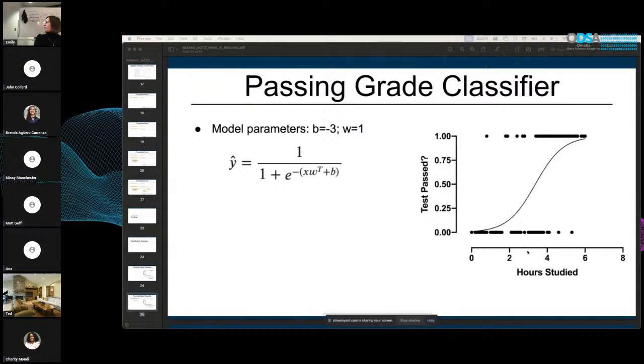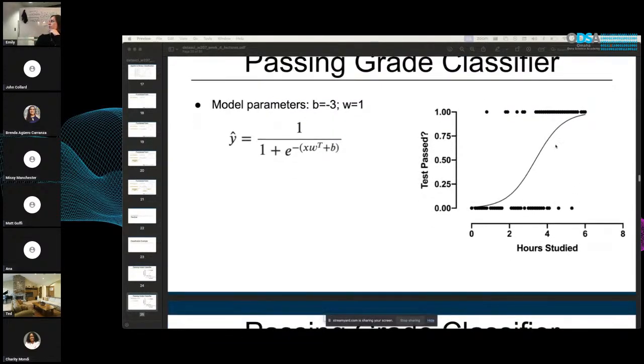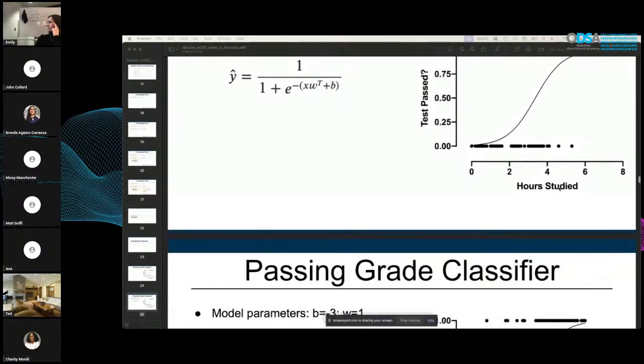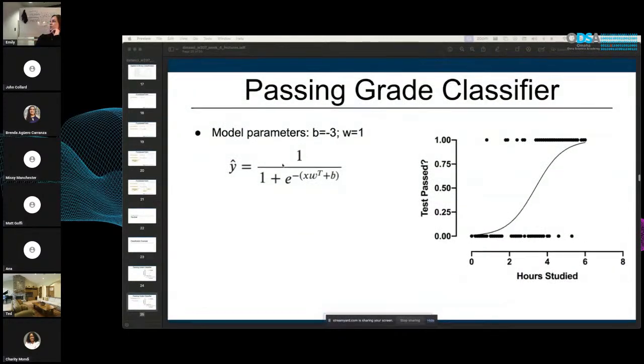The reason that's there is because of this data set, because of the way the data is dispersed. If your data was dispersed differently, it really depends on what your X value is. In this case, it's hours studied. But maybe if I did something else, like, what's another scalar value? Number of hours slept, right? Perhaps it would be different from that perspective. It would be a totally different midpoint, because maybe most people sleep 8 hours, so it would shift over to maybe like 4. But you don't have to determine those; your model will, which is nice.